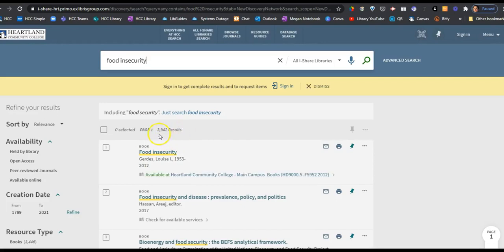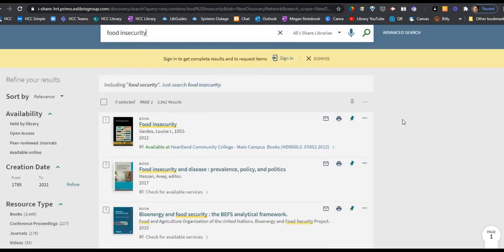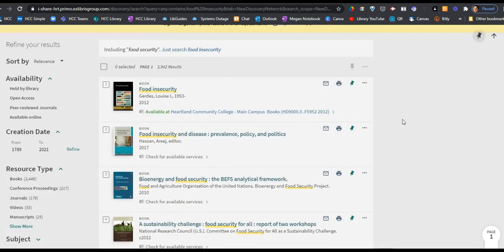In the search results, it looks like we're close to 4,000 search results. And when you're looking at your search results, questions that you're going to ask yourself are: are these related or relevant to your research? Who are they published by? And what we're going to do is look at our results